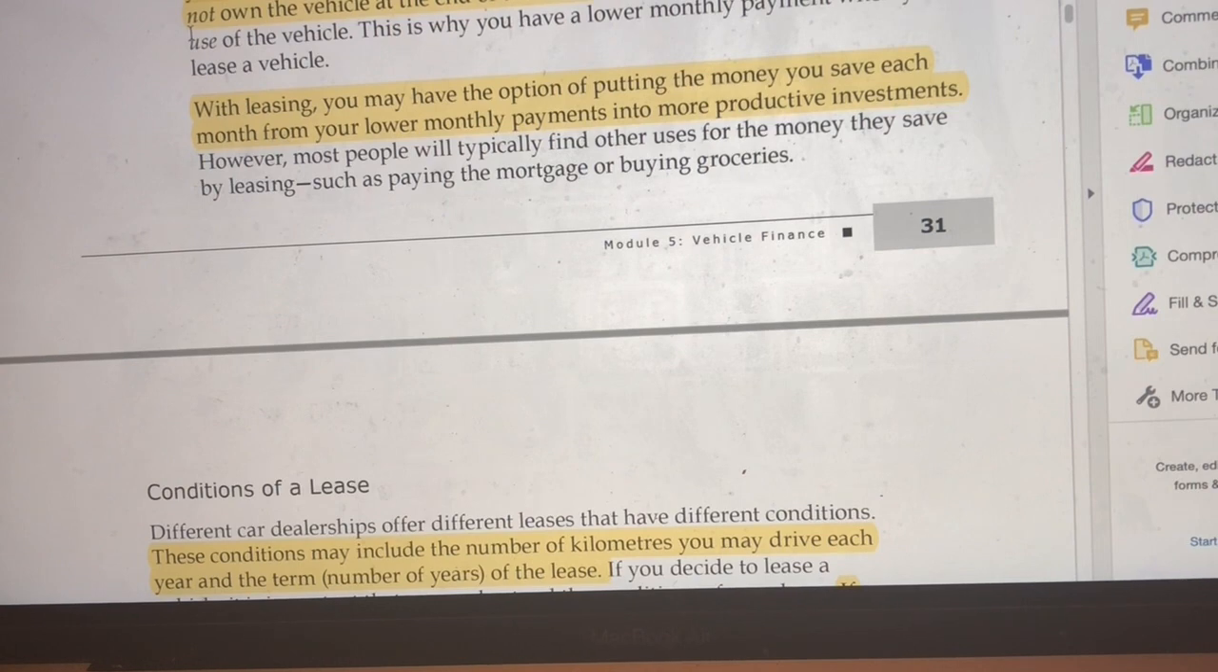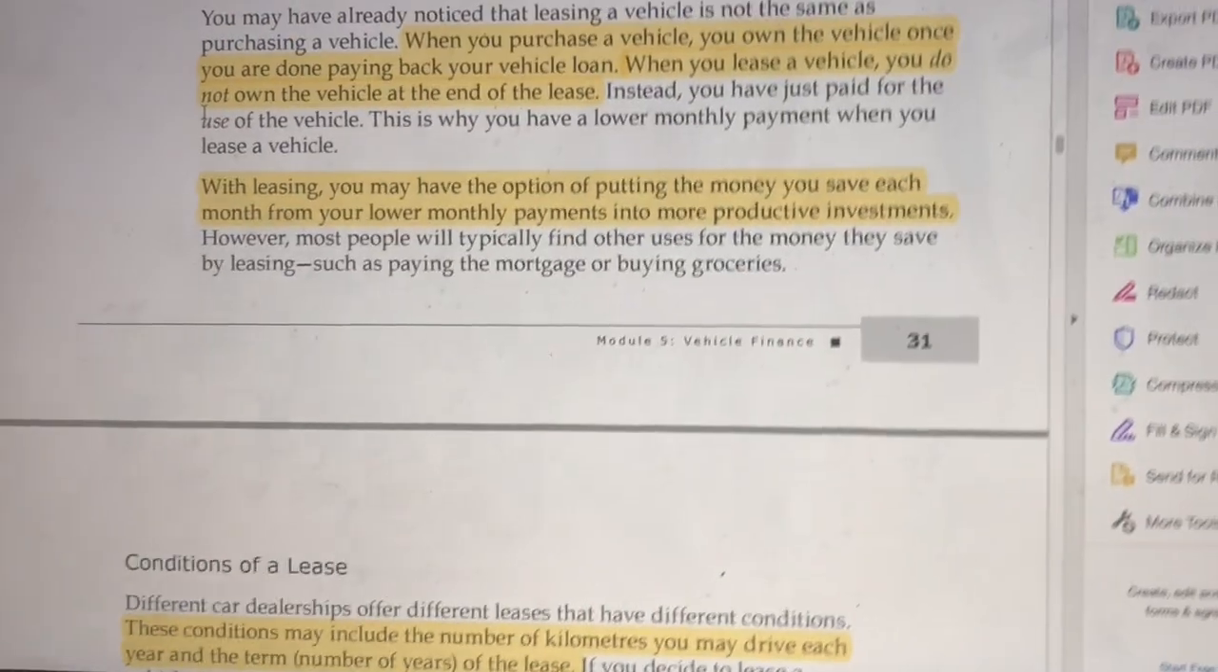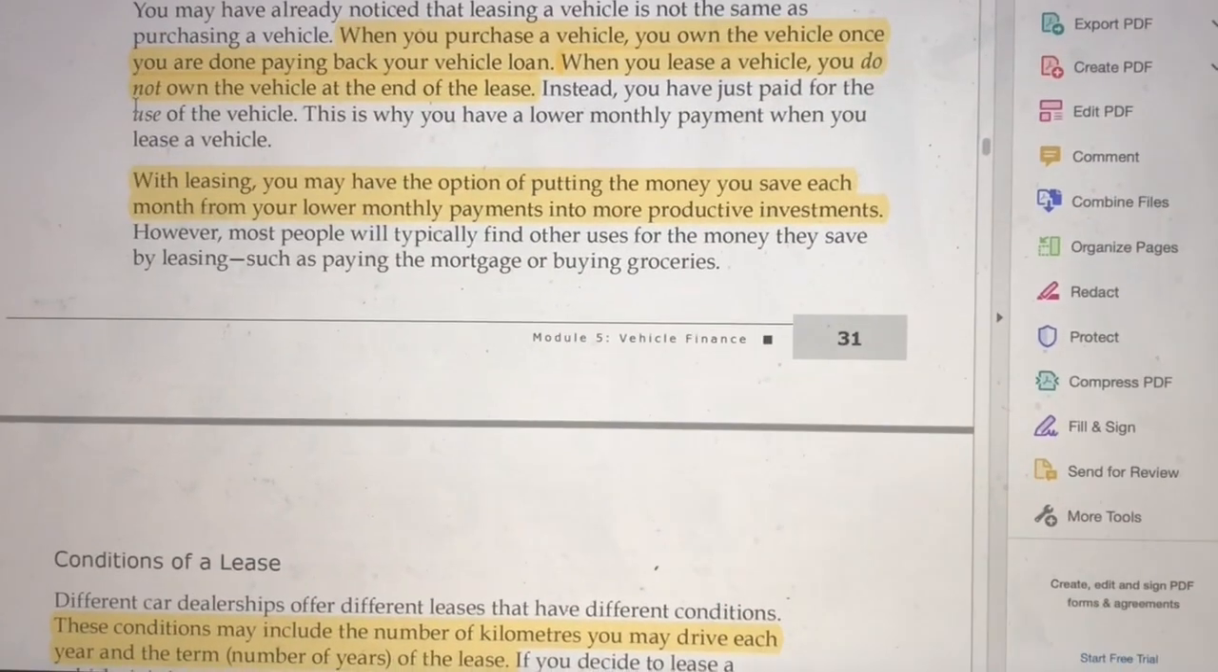So instead, you have just paid for the use of the vehicle. The whole idea is you're paying for the use, but you never actually own it. And the idea is that you do have a lower monthly payment from that. With leasing, you may have the option of putting money to save each month from your lower monthly payments into more productive investments. So leasing, again, if you're leasing something, you do have the option to use the money for